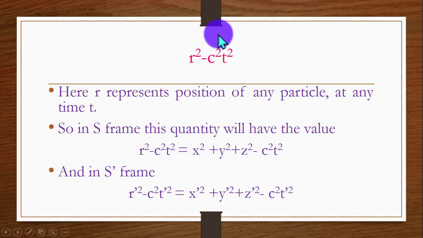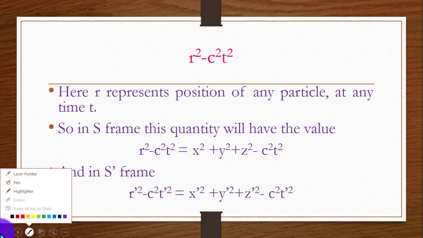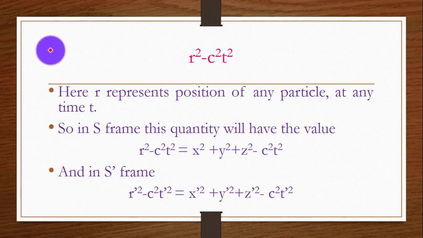So if we consider any particle in a frame of reference, and the quantity r square minus c square t square is calculated, here r is representing the position of the particle and t is representing the time. So at any time, r is equal to